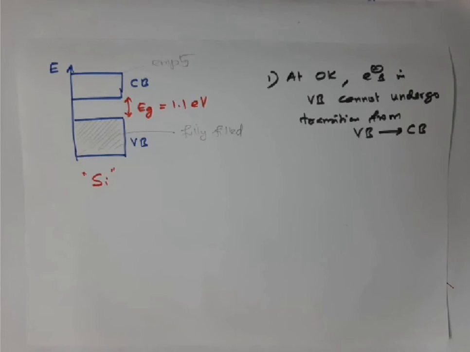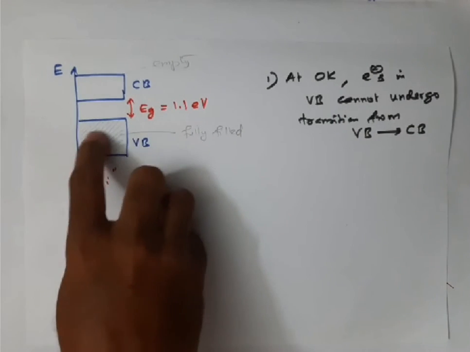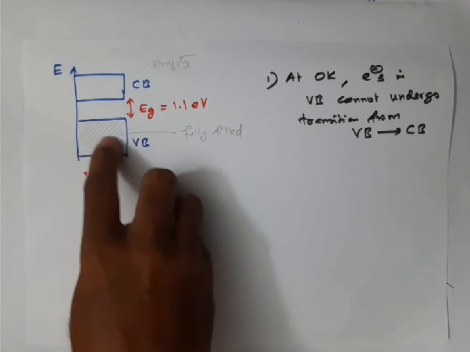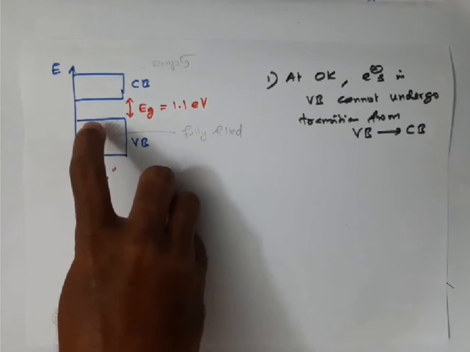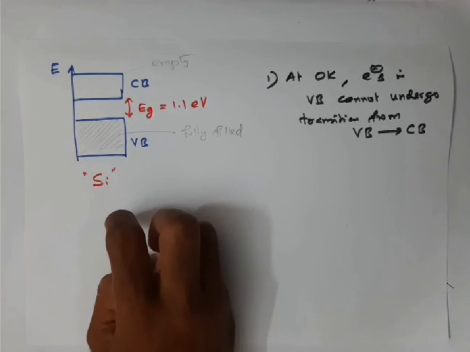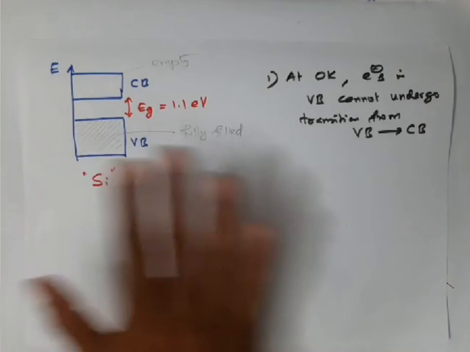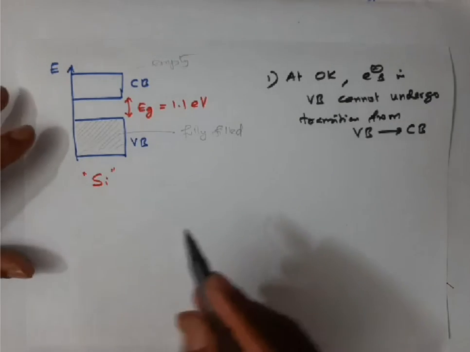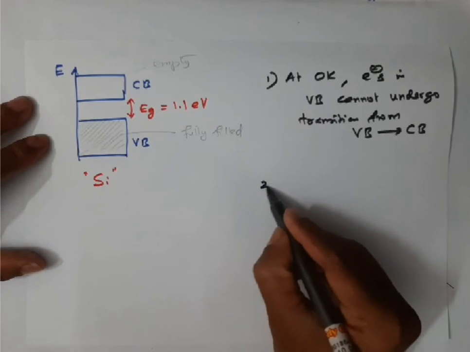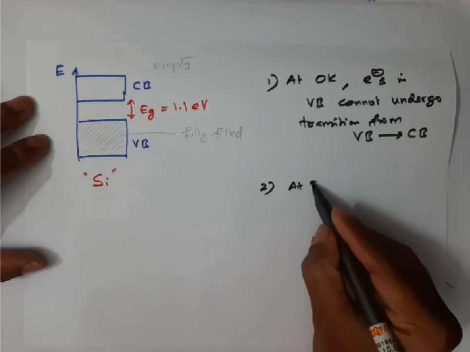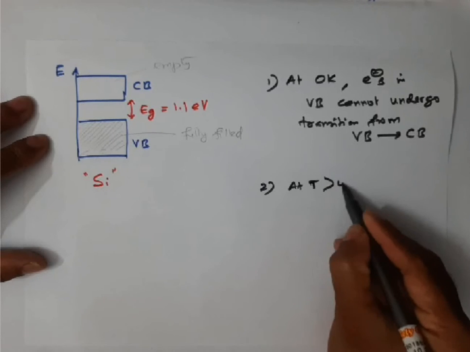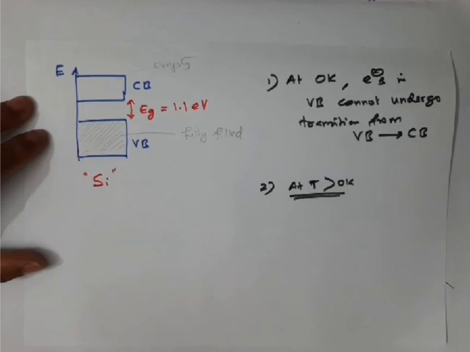Students, listen carefully. 0 Kelvin means no thermal energy. When there is no thermal energy, the electrons in the valence band, though we have a lot of electrons here, are all localized. So they cannot jump out. Therefore, the material does not conduct current. But if you go to a higher temperature, above 0 Kelvin, for example room temperature,